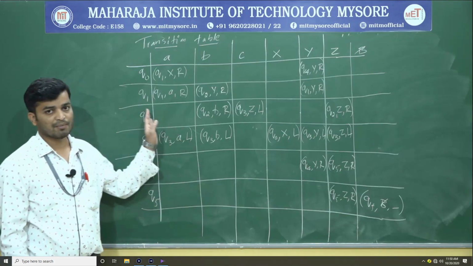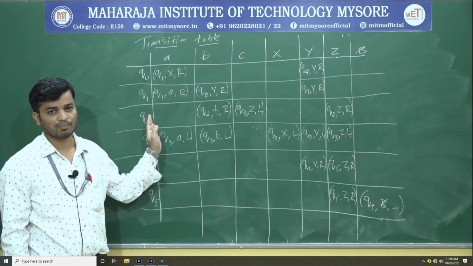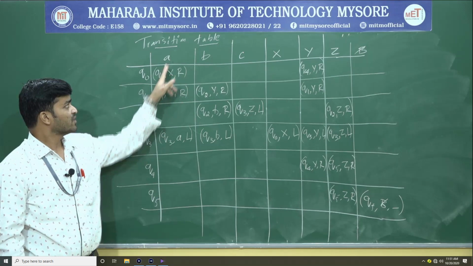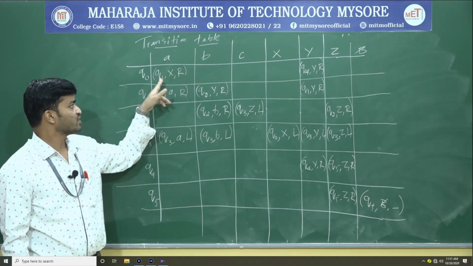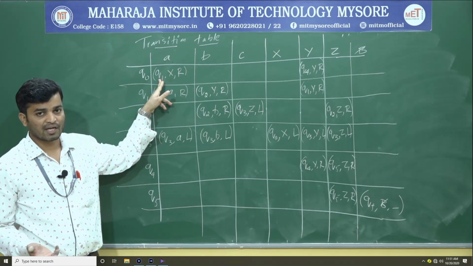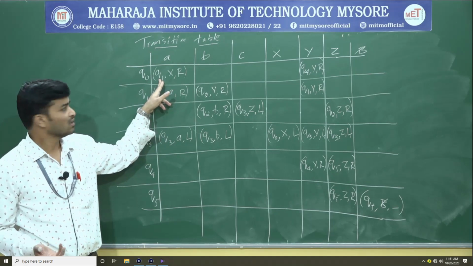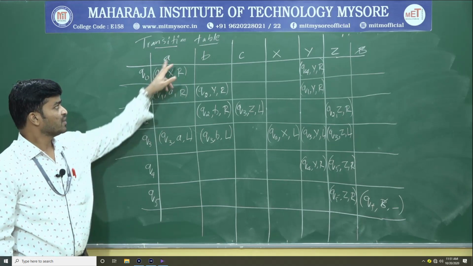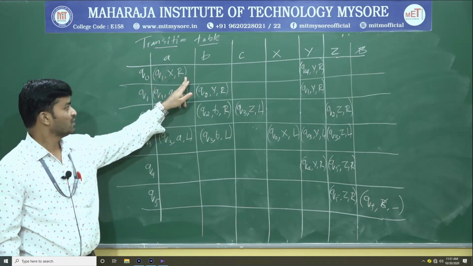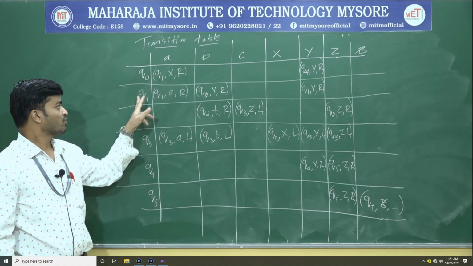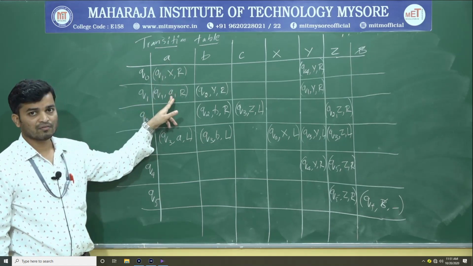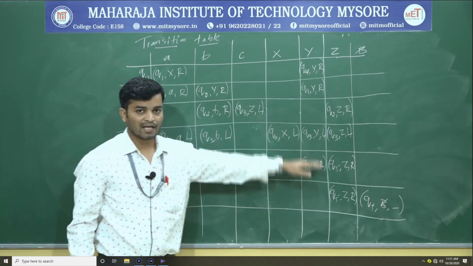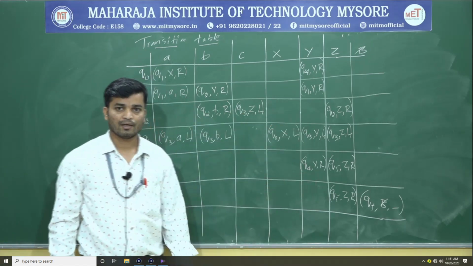And finally, this is the transition table for the same a to the power of n, b to the power of n, c to the power of n problem. So Q0 upon A, we are going to replace A with X and we will move to the right-hand side by changing state to Q1. If you know either the transition diagram or the transition function, we can write the transition table easily. So Q0 upon A, we will replace A with X and move to the right-hand side, going to state Q1. What is Q1 upon A? We are going to maintain that A as it is and move to the right-hand side with the same state Q1. The same way for the other transitions. Thank you.